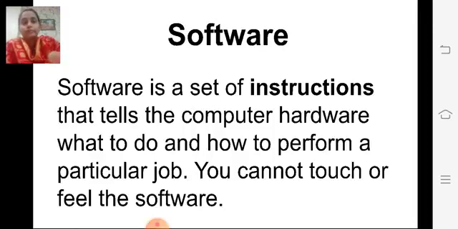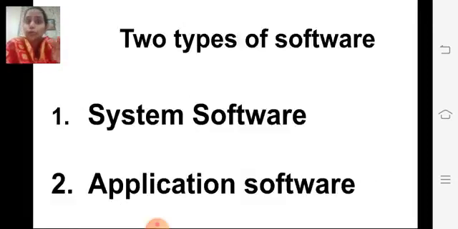Now see, there are two types of software. How many types of software? Two types of software. One is system software and another is application software. Now children, we will see first what is system software.